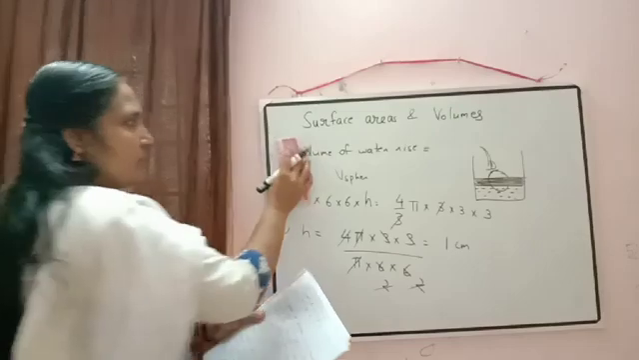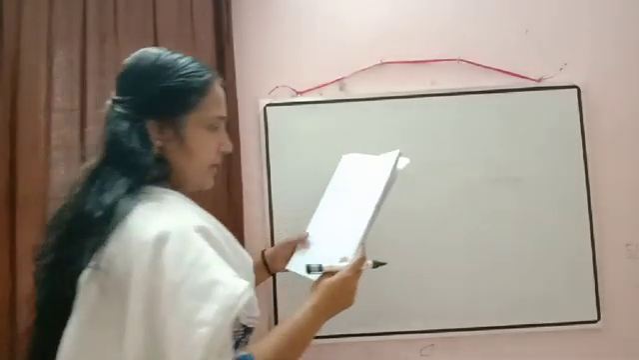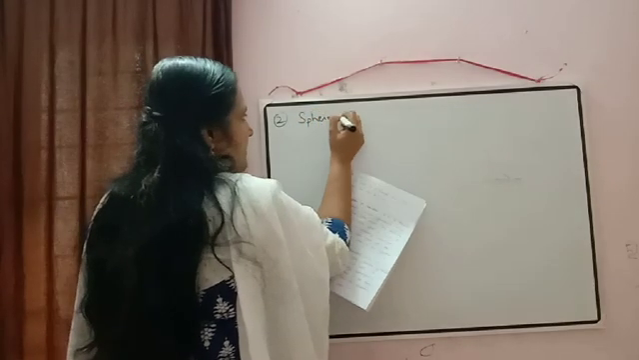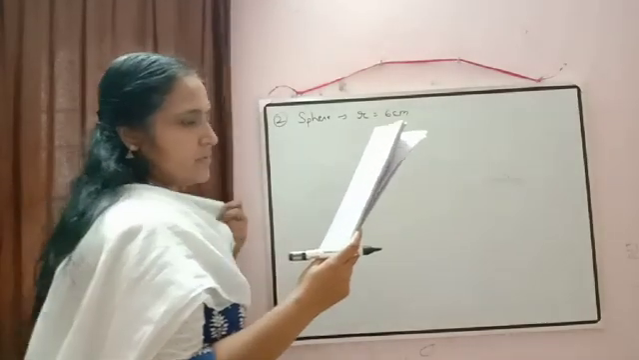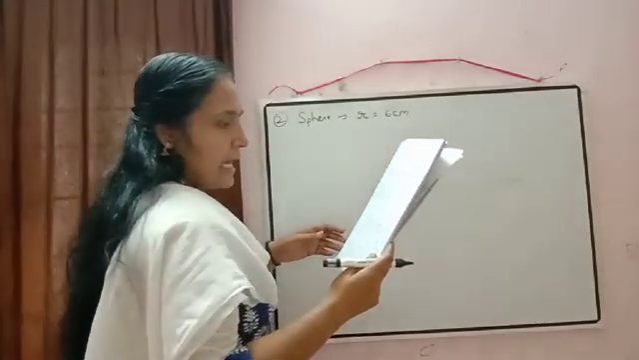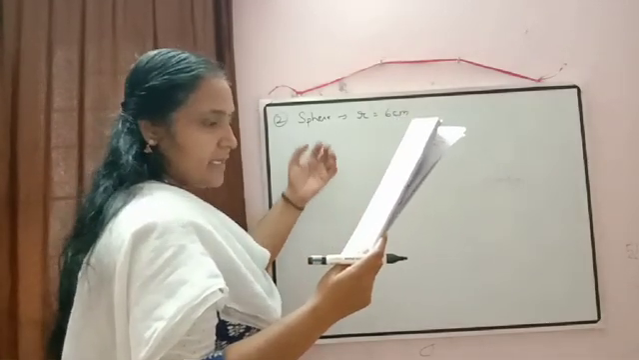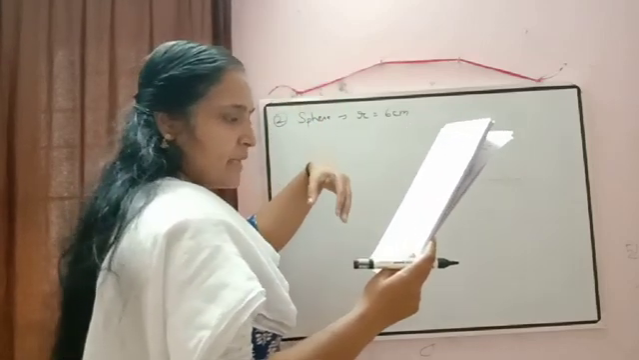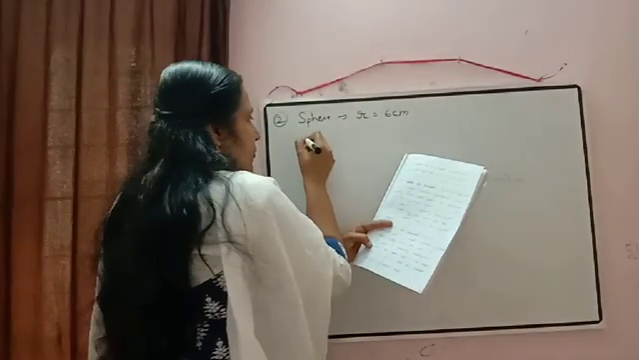Okay, now the next question. In question number 2 it is written: a sphere of diameter 12 centimeter. If you want, you can write down here, sphere radius is equal to 6 centimeter. A sphere of diameter 12 centimeter is dropped into a right circular cylindrical vessel partly filled with water. If the sphere is completely submerged in the water, the water level in the vessel rises by